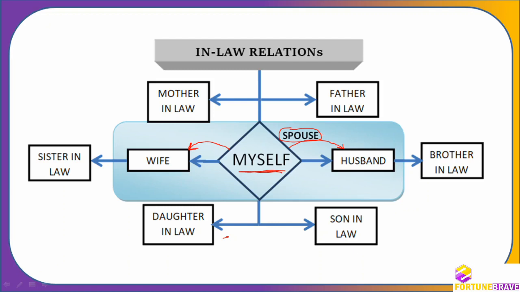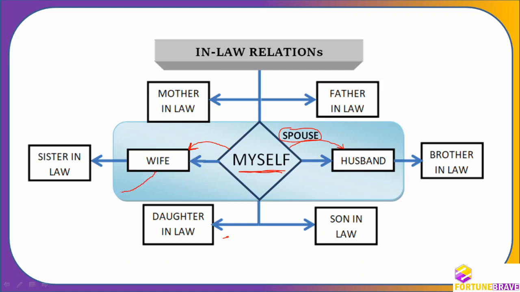If he is male, then his spouse is wife, so she has to be female. As of now, there can be changes which are going on in several parts of the world, but as of now, a man can marry a woman only. Okay, so therefore my spouse has to be the other gender. Is that clear?